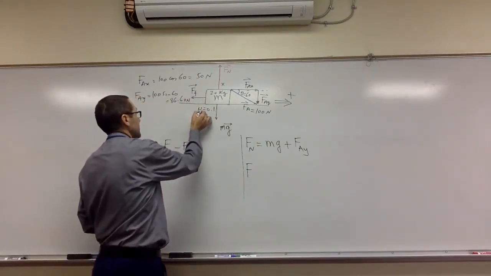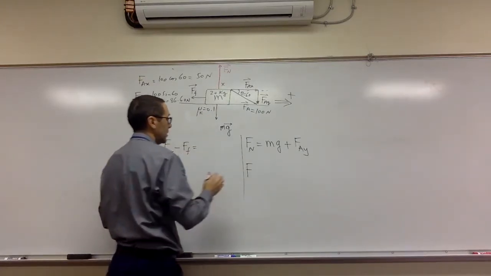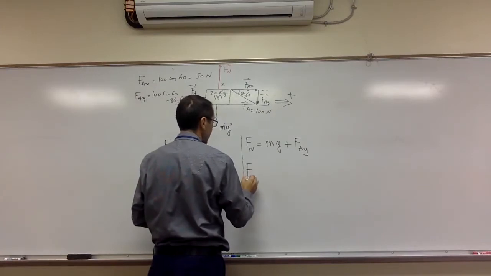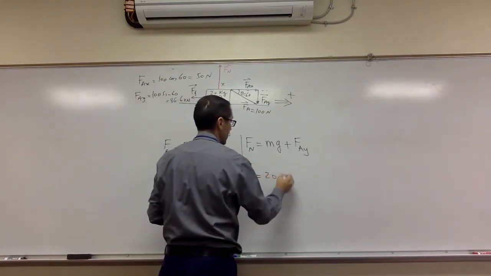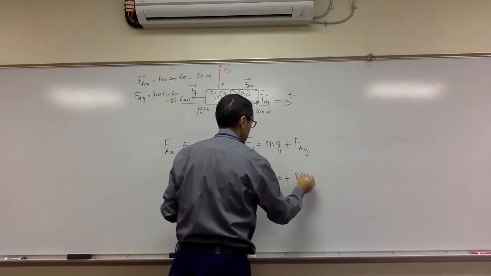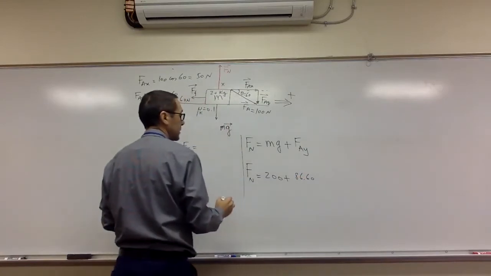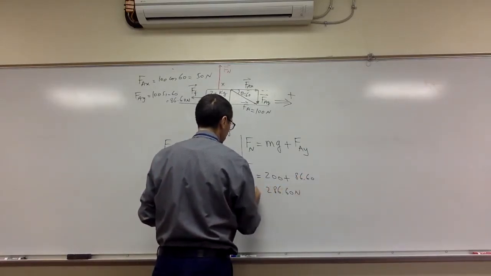And I'm saying that this is kinetic, so hopefully it's moving. So Fn equals mg, which is 200, plus Fay, which is 86.60. So that's 286.60 newtons for Fn,